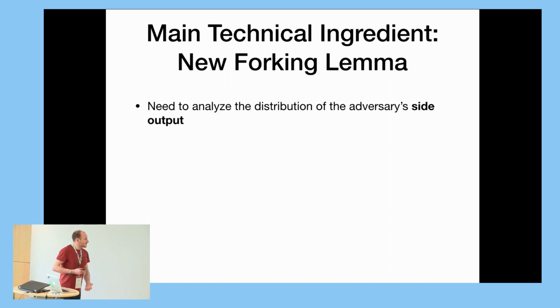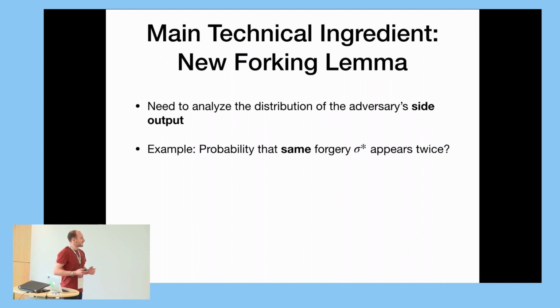So the main thing that we need to do in order to be able to prove this is we need to analyze the distribution of the adversary's side output. So what does that mean? Well, consider a very simple example. I run an adversary twice, okay? So it's going to be successful twice, but now I want to know the probability that it outputs the same